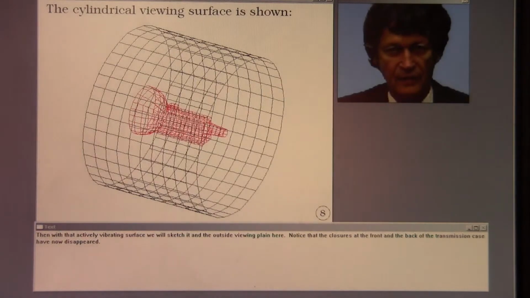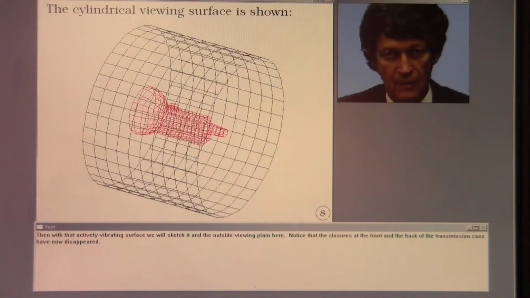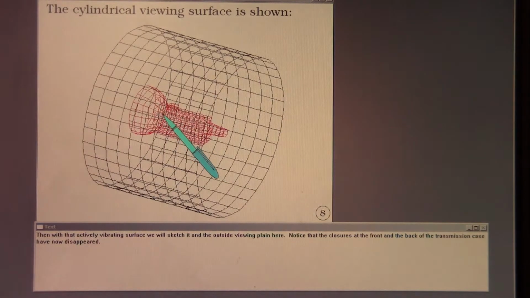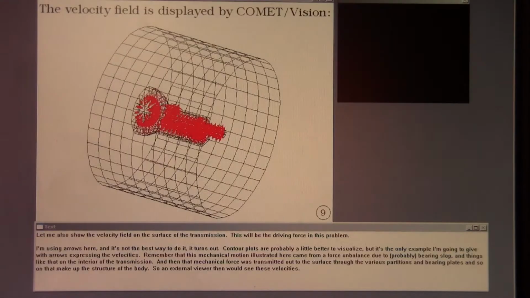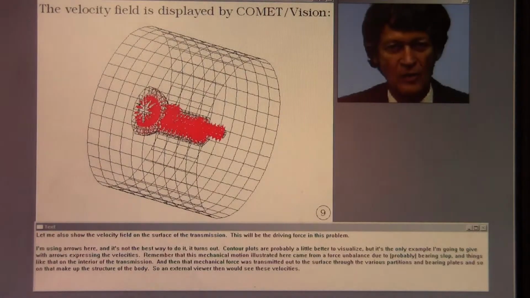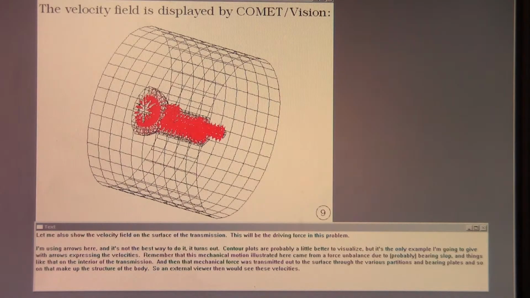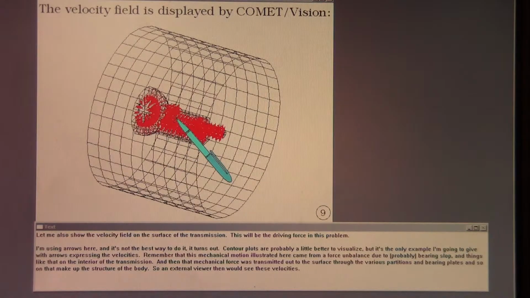Then with that actively vibrating surface, we will sketch it and the outside viewing plane here. Notice that the closures at the front and the back of the transmission case have now disappeared. Let me also show the velocity field on the surface of the transmission. This will be the driving force in this problem. I'm using arrows here, and it's not the best way to do it, it turns out. Contour plots are probably a little better to visualize, but it's the only example I'm going to give with arrows